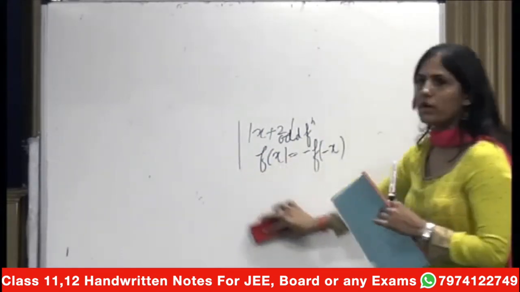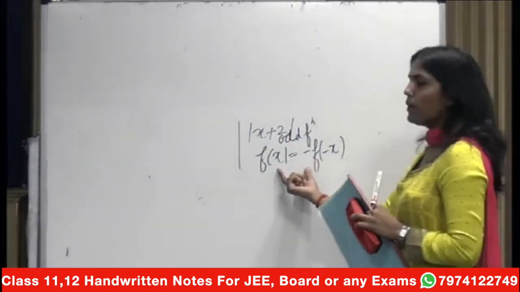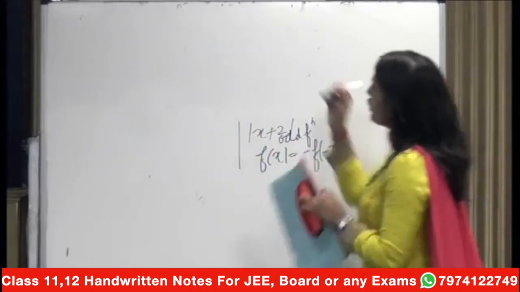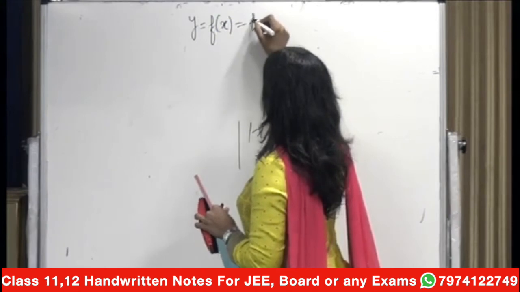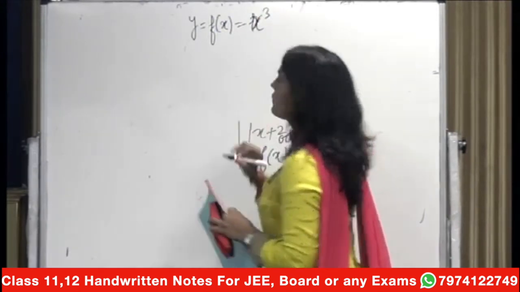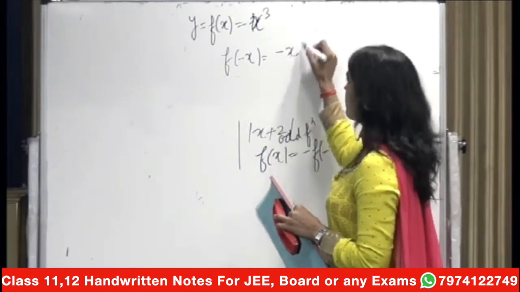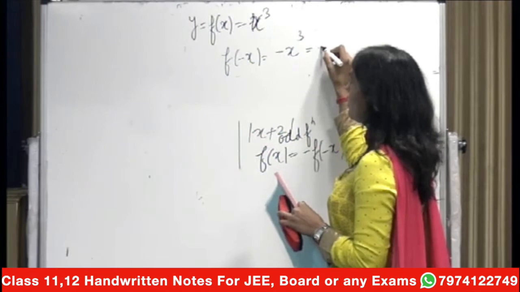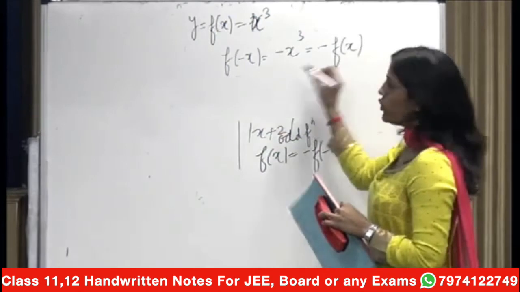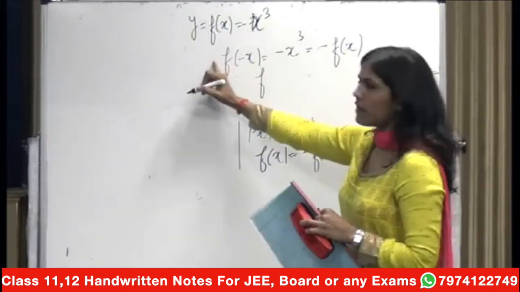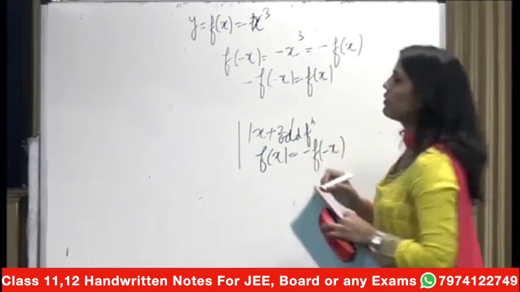Because our topic, the modulus function, is an even function. But now, as you asked what an odd function means, if you take this function y is equal to f of x, and this is basically x cube, then f of minus x will be minus x cube, and this is basically minus f of x. You can take the minus here, not at all a problem. So this function is an odd function.